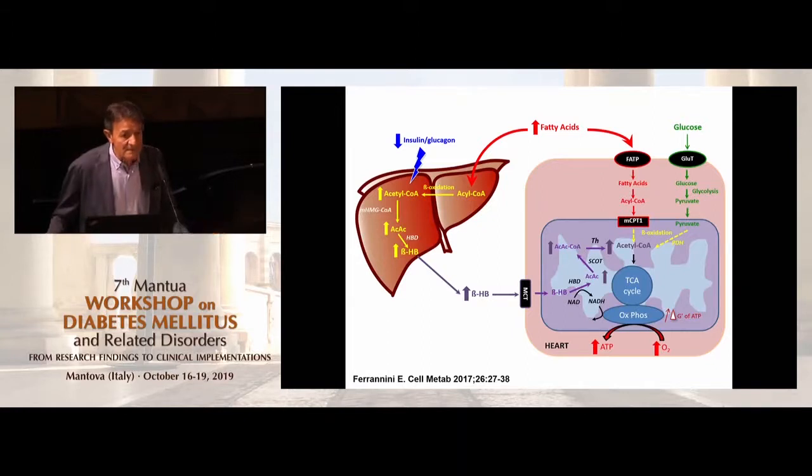So one possibility is that by providing an excess of beta-hydroxybutyrate, you may be changing the substrate mix that is offered to the myocardial side and doing it a favor, because energetically it's more efficient to use beta-hydroxybutyrate, and in the order glucose, and last is free fatty acids, use of oxygen for production of energy and contraction.